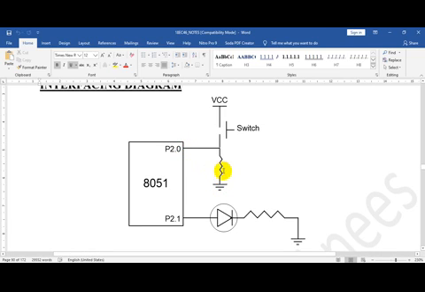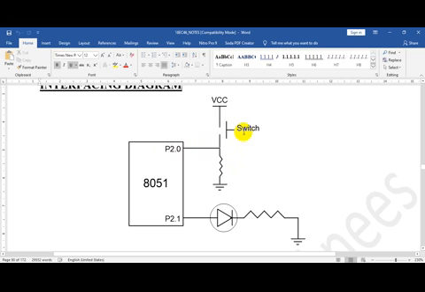So when the switch is open, the LED will be in off condition. Meaning, I will repeat again, when the switch is open, P2.0 will be connected to ground. In the sense, if P2.0 is equal to 0, the LED will be off.